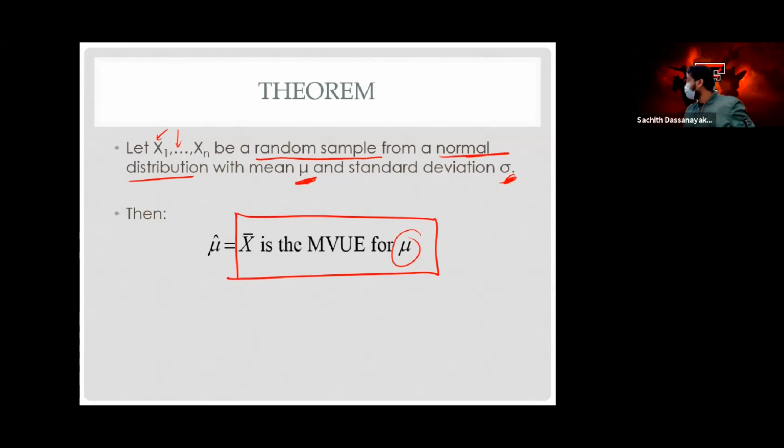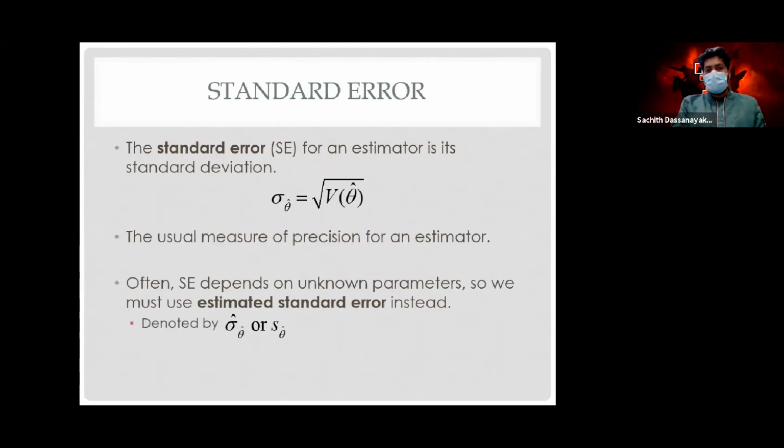Once you check it, you will see. Once you check x bar and x tilde, which means the median, you will see x bar has the minimum variance. Okay, clear? Standard error. We consider errors if we have a biased estimator. You saw that we have a biased one.